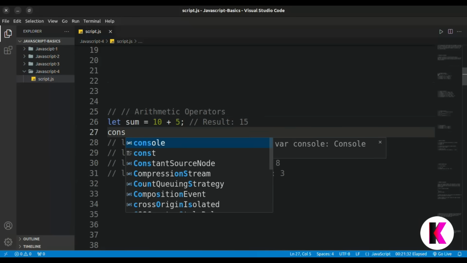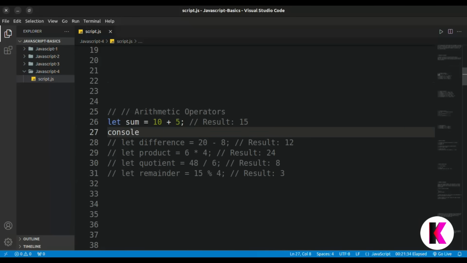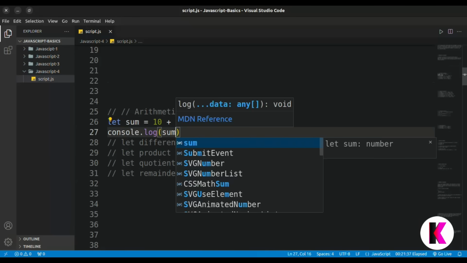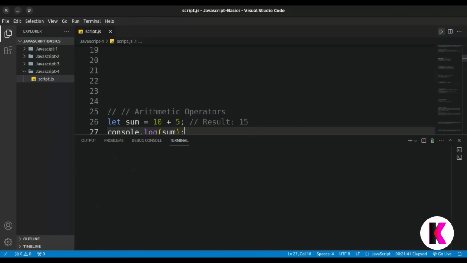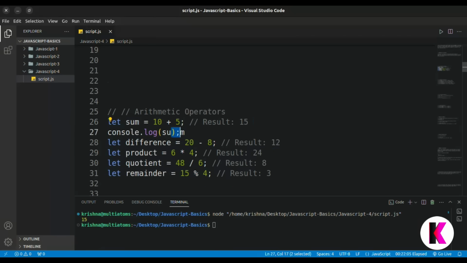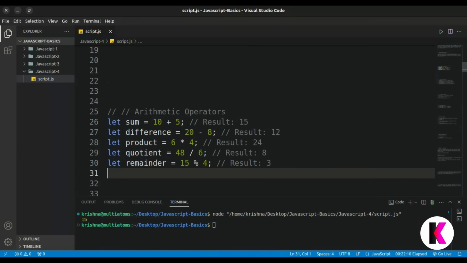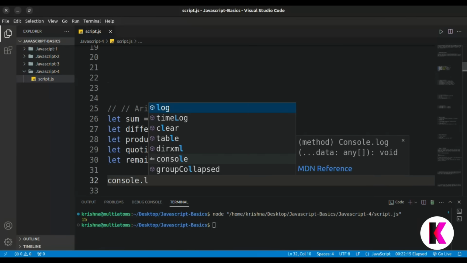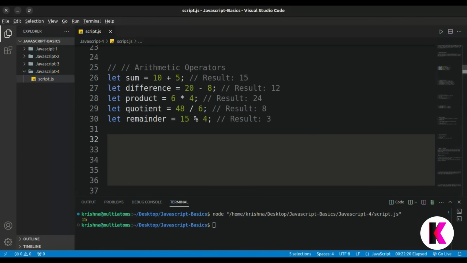Next is difference. Like the previous sum, this is the difference. In this the output will be 12. Just like this sum, we have to print all the answers. We can just use Alt, Shift and arrow down. So we have to print 5.